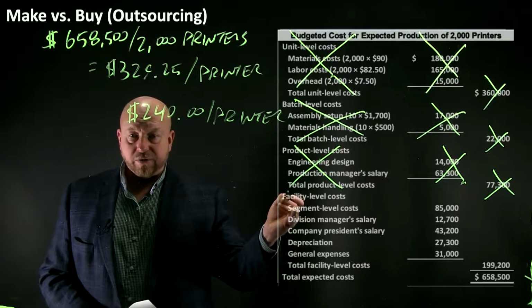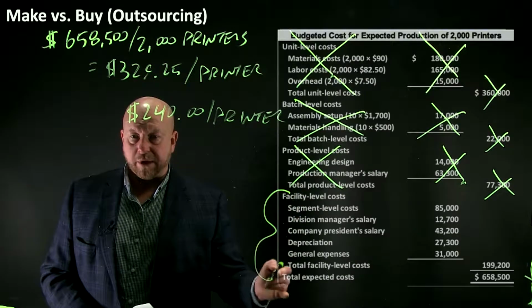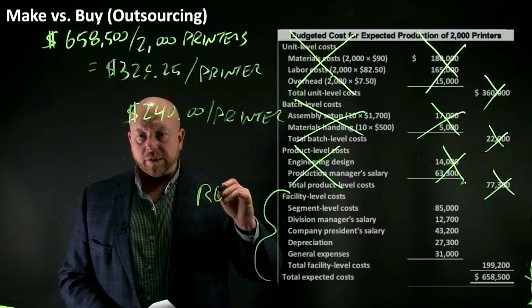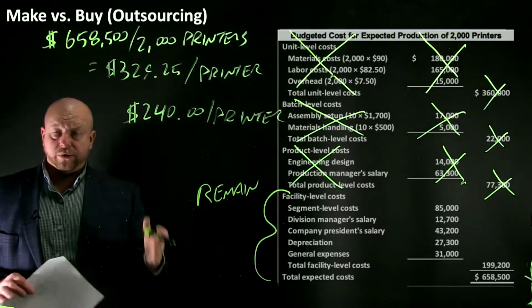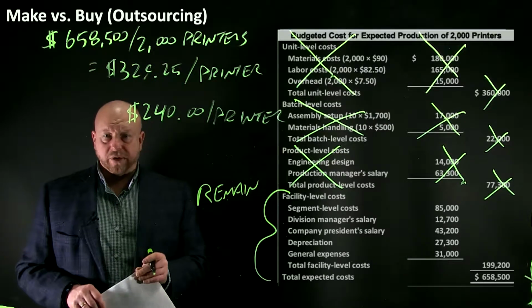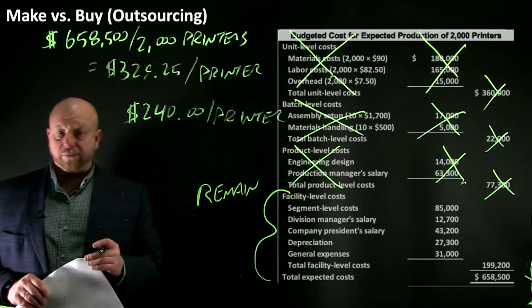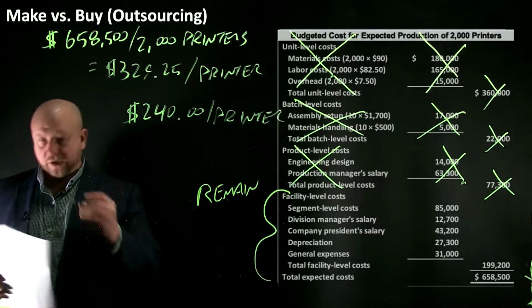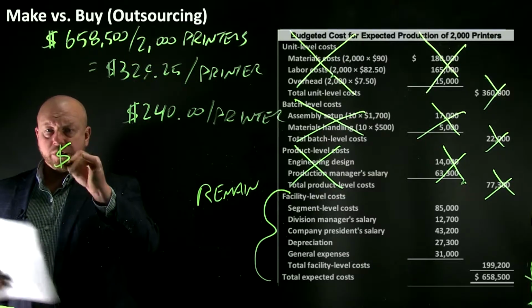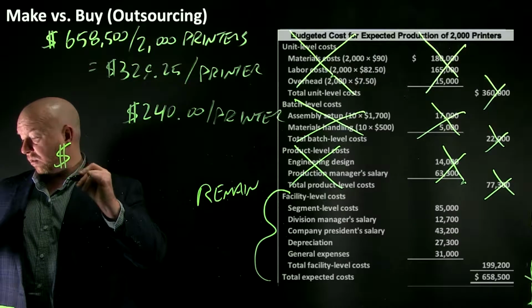The facility level costs, those will still remain because presumably we're going to make other products, whether those are keyboards or other computer devices, monitors, who knows what that could be. But we're still going to have our facility. We're just going to get rid of those costs associated with the printers themselves. And so what we see here,